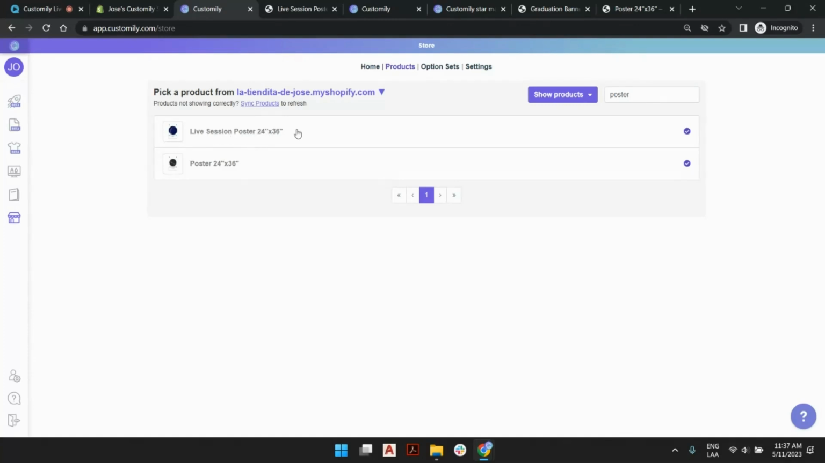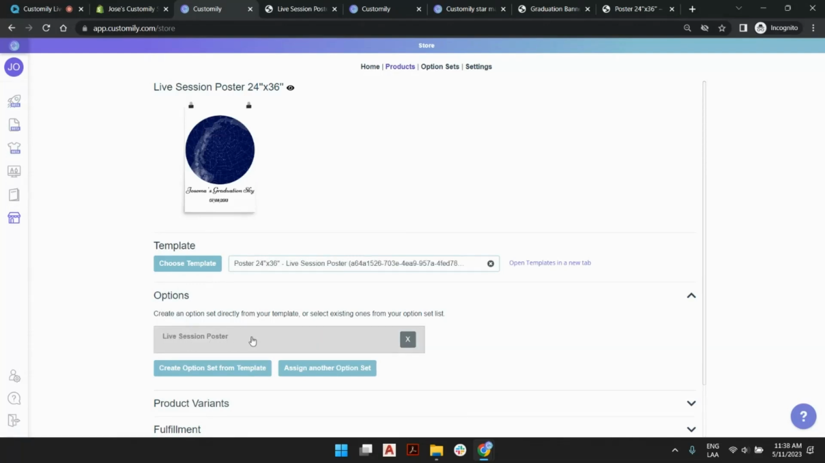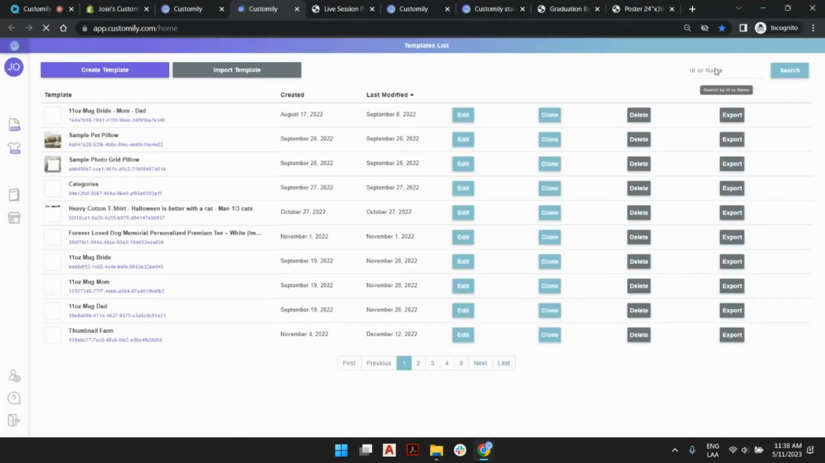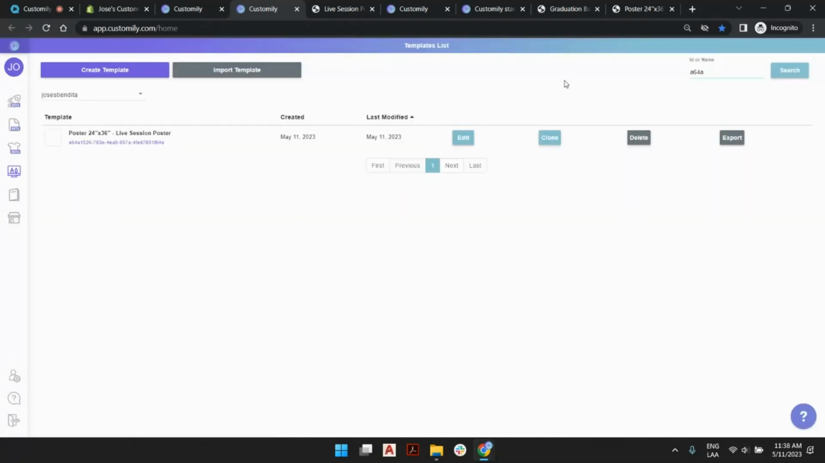The new product has, if I click here, a unique option set for those options in which I can select and type names. And then I have a unique template, the A64A. I can go to the template section by clicking here or by clicking here, okay? And look for that in the search bar here, A64A. And this is the new template that was created for us. In this template, you will see that